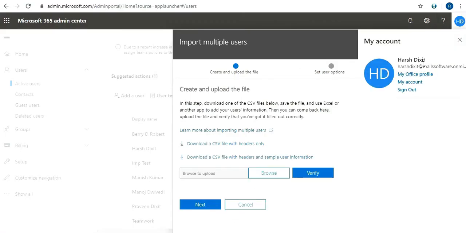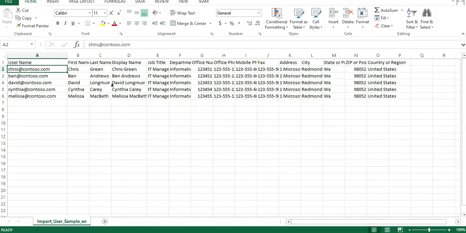In my case, I am just changing the username. So I will create one user with name Krish, as it was in my sample data. You can change the username as per your requirement, whatever you need to keep.